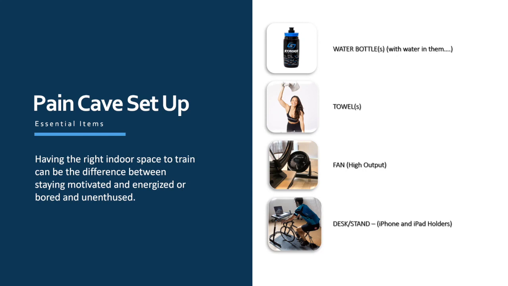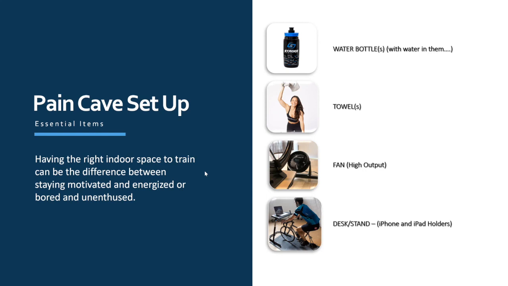It's high output. You can generate a lot of heat when you are on an indoor bicycle, depending on how hard you ride. But having a fan is a great way in order to keep your body from overheating, because overheating has a direct impact on your overall performance. Fatigue sets in a lot quicker when your body starts to heat up. So keeping yourself cool, which is why you sweat, is a way of the body keeping yourself cool so that it doesn't overheat. A fan will help you to keep from overheating and allow you to perform better as well.